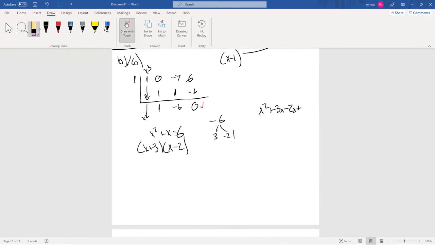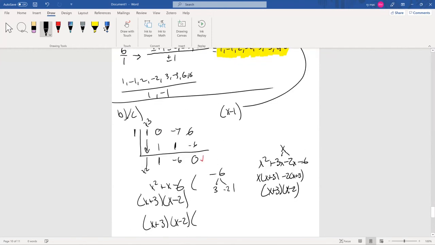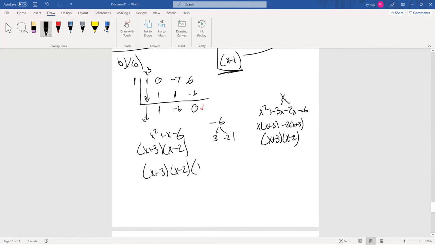Not a plus 6, a minus 6. So I broke up x into a plus 3x minus 2x, pulled out an x on this side to get x plus 3, pulled out a -2 to get also an x plus 3. So that got me the x plus 3, x minus 2. So my completely factored form of this is going to be x plus 3, x minus 2. And we cannot forget the one up here,